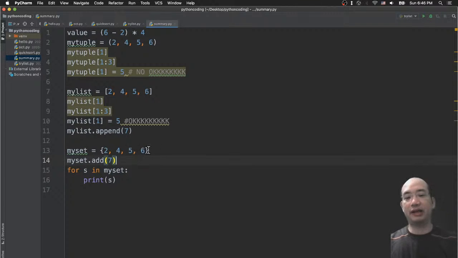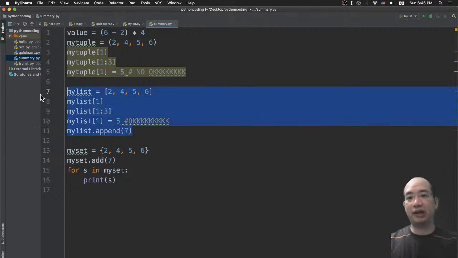But they said there's no order for the set. It could be 4, 2, 5, 7, 6. So there's no order. What they said is there's no order. So that's the difference. But most of the time we will use the list, because the list is